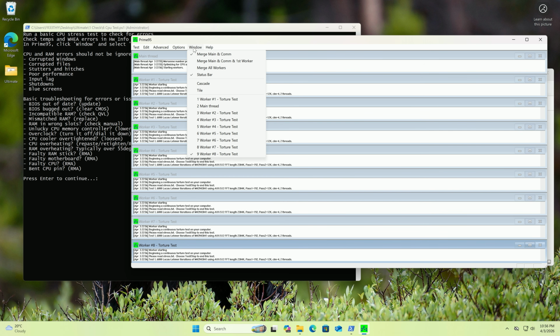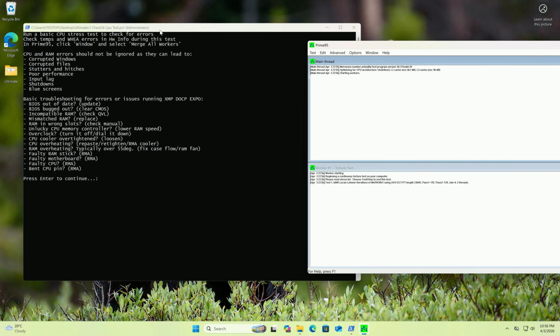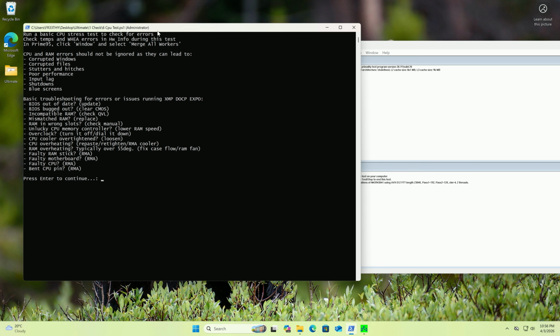All right. I recommend clicking window and merge all workers so we can keep an eye on it while it does the stress test and make sure it doesn't throw any errors, because if we get any errors here, we've either got something wrong with the CPU config or the RAM config, right? And I cover all of that here. And this is going to cover for you guys who tried to do those BIOS settings and couldn't boot. Here's what's going on. So run a basic